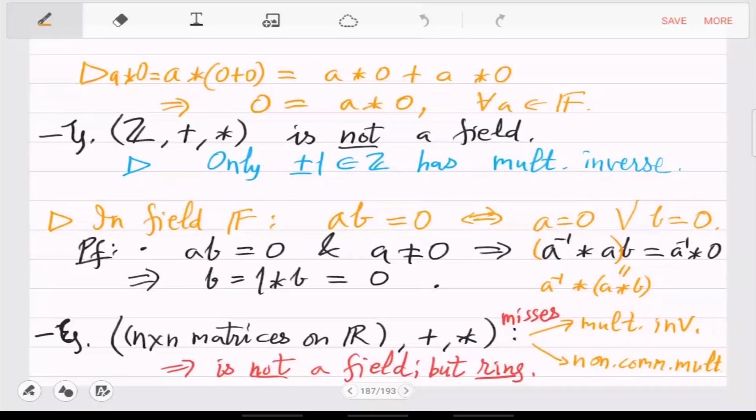So famous examples, natural examples are obviously rationals, reals, complex, and other famous examples are these prime fields. Composites don't give you a field. Then we have this cancellation result. If something times something is 0, then one of these things has to be 0. Or contrapositively, if you multiply two non-zero things, you can't get 0. And here we also prove this result,